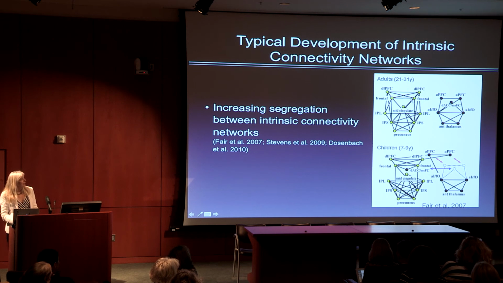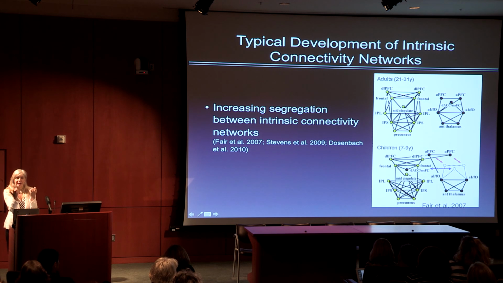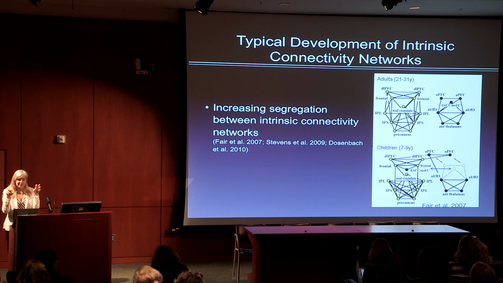The different brain areas within the network are all connected together, and the brain regions in this network are all connected together very nicely, but they don't connect much with each other. They're segregated, and that's part of a mature brain. In younger children, they still have a lot of connections within these networks, but they also have some cross connections. So one of the important things that happens in development is these networks start to segregate and become more and more independent. They become uncorrelated with each other, and each starts being able to connect very nicely with itself.